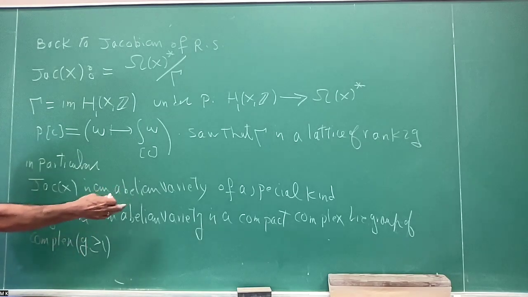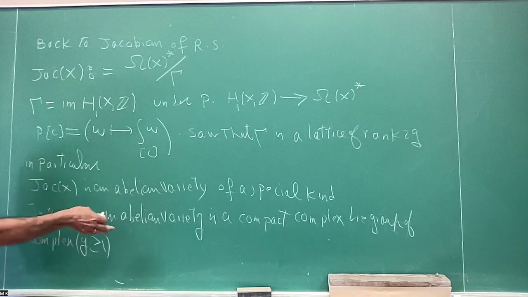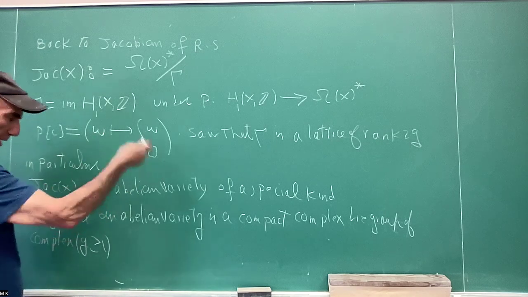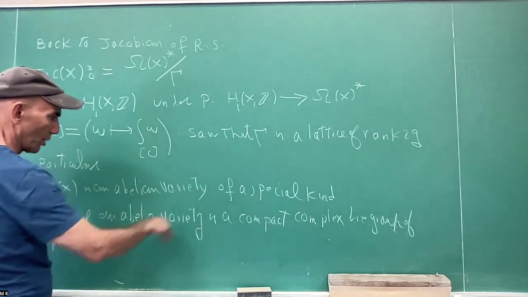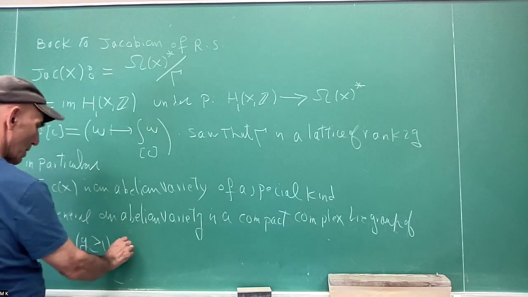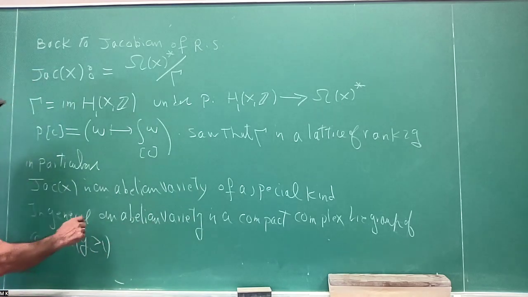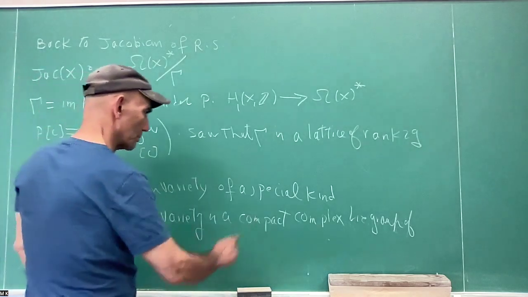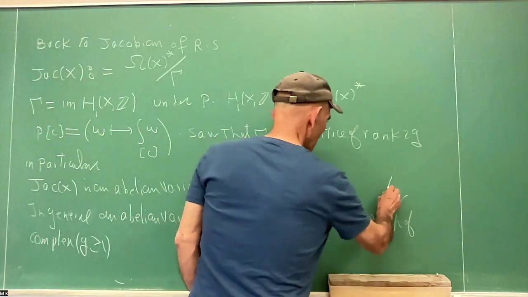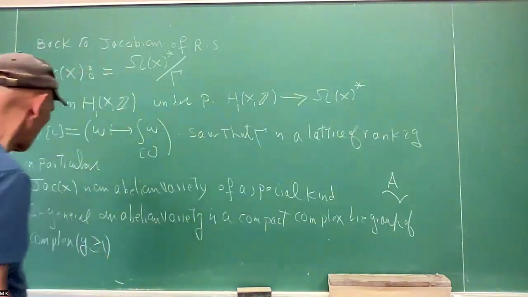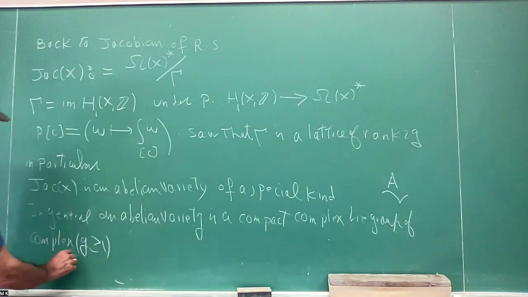As I told you several times, this Lie group has to be abelian, because in the holomorphic category you cannot have compact non-abelian group structures. So an abelian variety is a compact Lie group A of complex dimension g greater than or equal to 1,